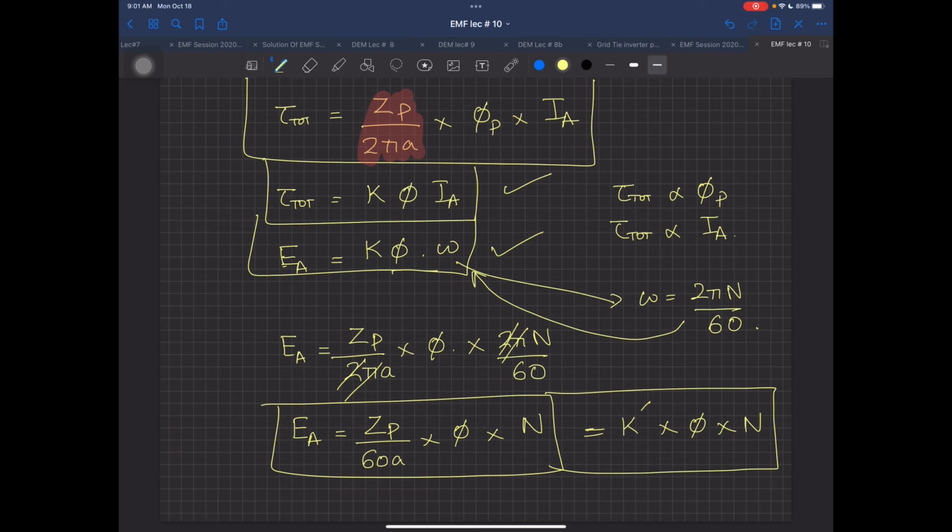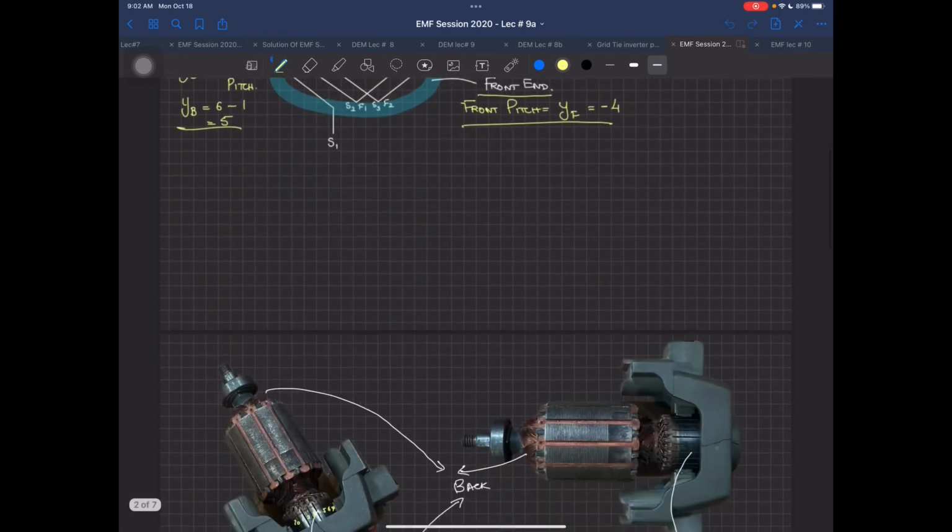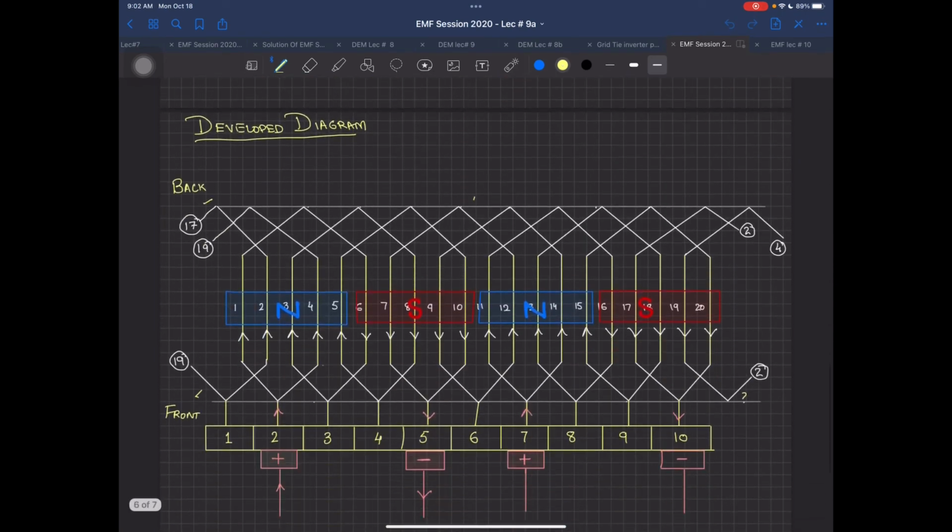This is article number 7.5 from your Chapman. Please kindly go through example number 7.3 and 7.4. In fact, 7.3 I actually did in the very start, where we calculated the total number of conductors Z. And one very important thing, please link up this 2CNC with your lecture number 9A. This was your lecture 9A, I guess. And I hope all of you have seen through this one. I gave a very deliberate one.